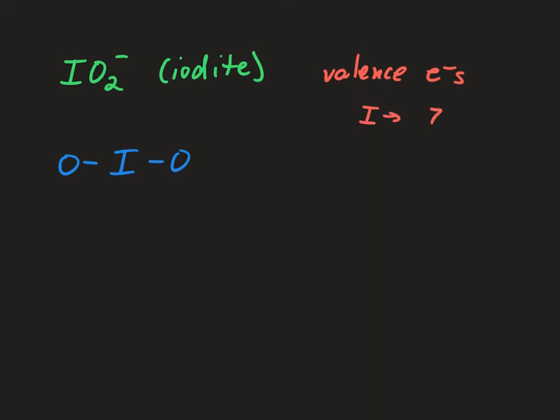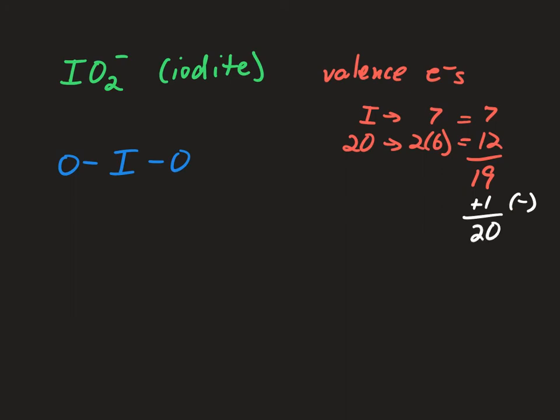Iodine brings 7, 2 oxygens bring 6 each. That's 7 and 12 gives us 19. But we have a negative charge, right? The negative charge means we have to add 1, right, for that negative charge. Gives us 20. We have already accounted for 4 of those because of the 2 bonds we've already drawn, leaving us with 16,